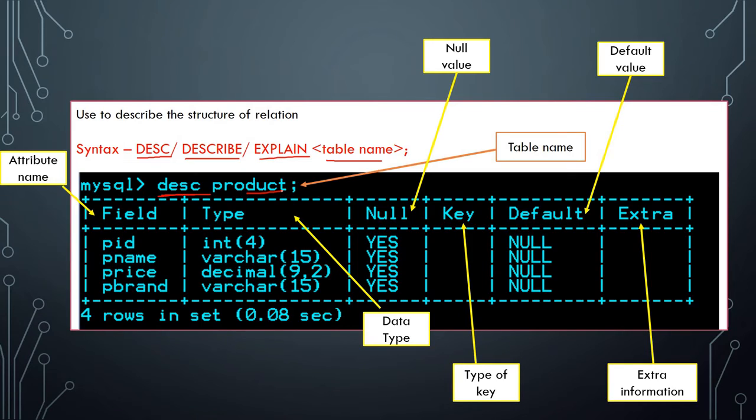So till now we have learned about different DDL commands. One is show, which is used to show databases and tables. Next one is use, which is used to make a database current or to open a database. Next we learned about describe, which is used to display the structure of a table. In our next lecture we are going to study more DDL commands: how to create a table, how to change it, and other commands. Thank you.